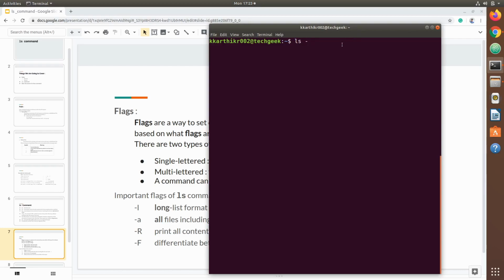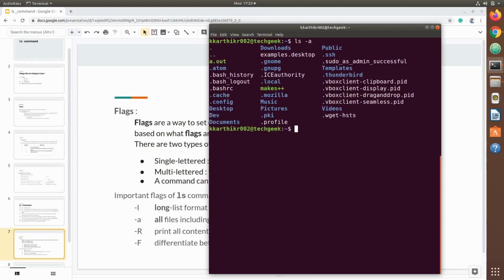To see all the files in the directory, we just need to give flag a. This lists out all the contents of a directory. Let's go ahead and run it. If you see here, you can see the files and directories that start with dot, which are hidden.